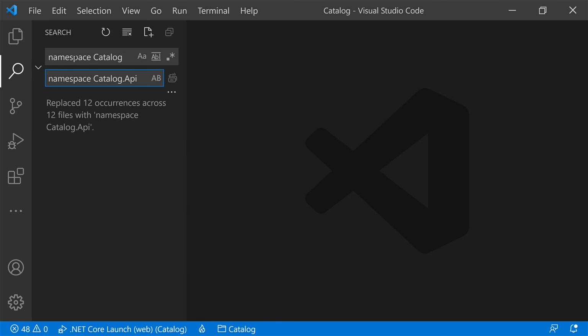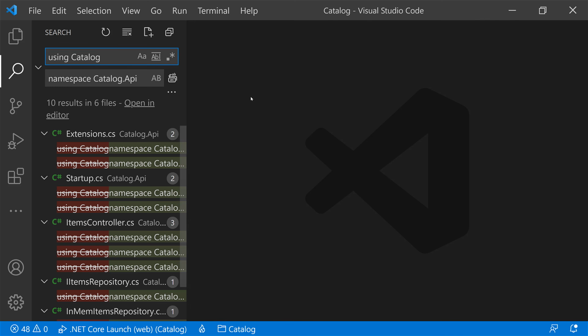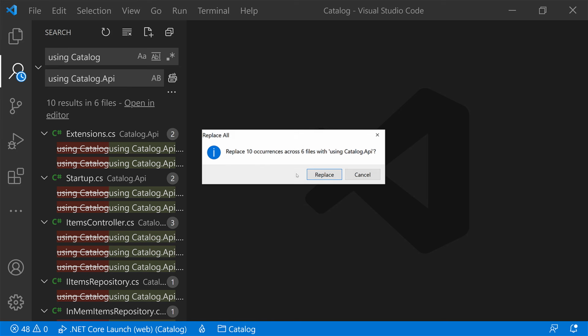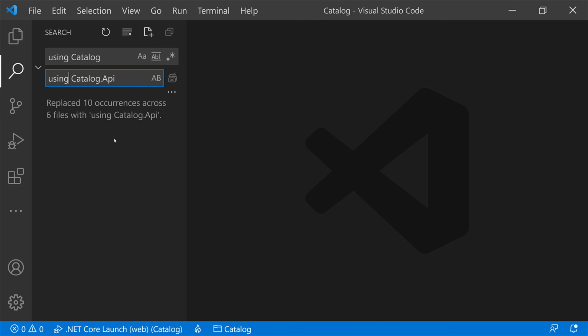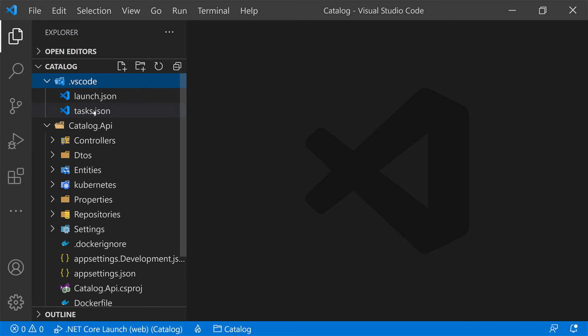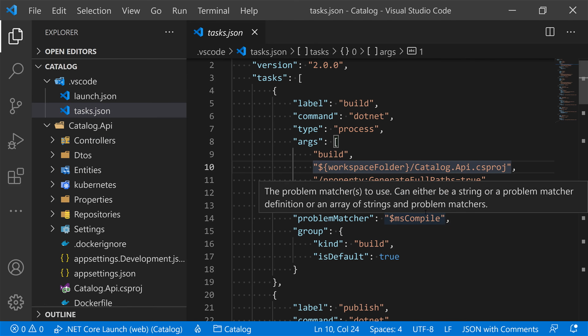And then for every one of the classes that are using that namespace, let's make sure they use the new namespace. So using catalog should turn into using catalog.api. Let's do that replacement. Now let's look at our VS Code .json file where we have this